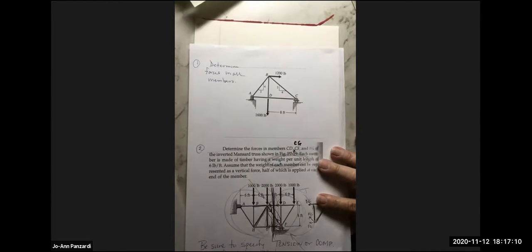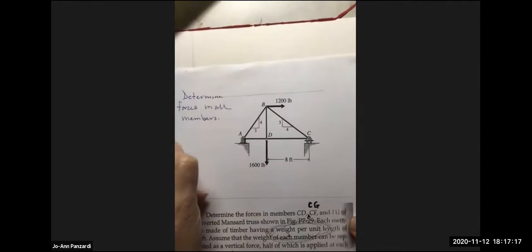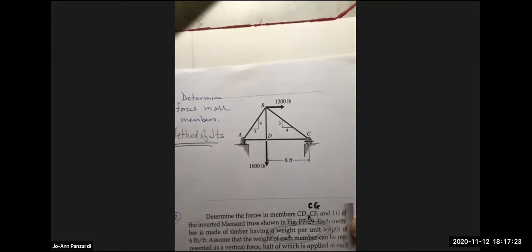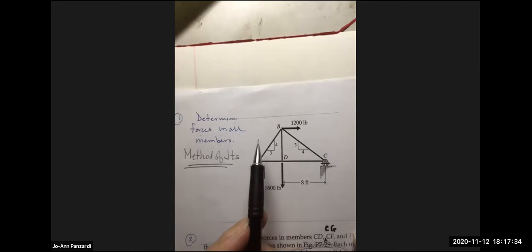So now what we're doing is we're going to this problem, and I could zoom in. But we're going to do method of joints. So the problem asks, determine the forces in all the members. Luckily, there are only,